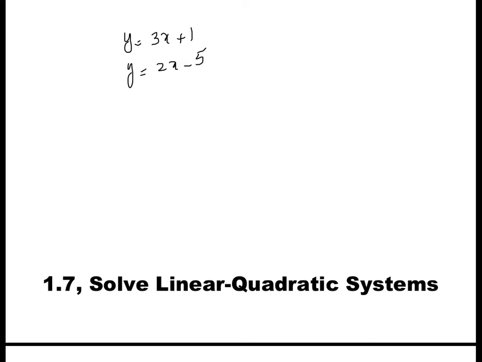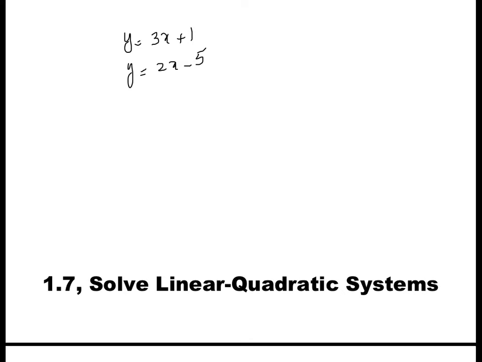If you had access to technology, you could plot the two lines and then you would detect the point of intersection. But in today's lesson, we are going to talk about how to solve